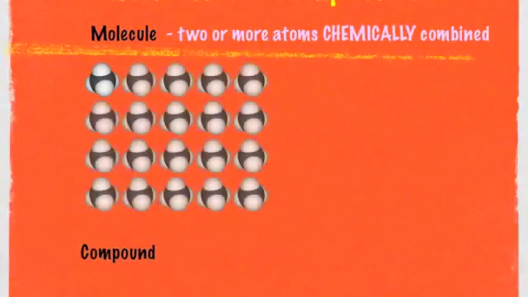A molecule can be defined as two or more atoms that have chemically combined. Not just combined, but chemically combined. At this point, I don't expect you to know what chemically combined actually means. But hopefully from that picture, you can see that the atoms have joined each other. So there's a molecule. What's the relationship between a molecule and a compound? Well, the best way to do that is to direct your attention to that molecule there. If that's a molecule, then the compound is this. So the relationship that we saw between atoms and elements